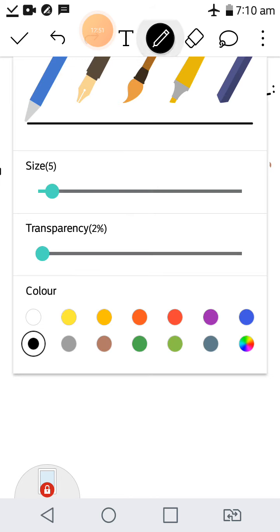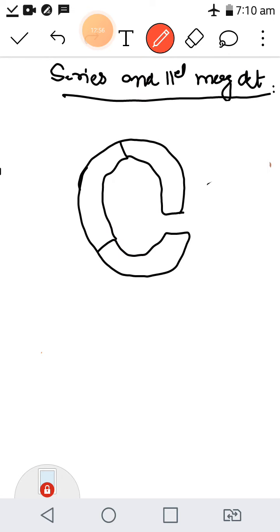So this is again a magnetic circuit, and you can see that it is made up of three materials. Let the first part be made of iron, this is steel, and this is another material. So this is a series magnetic circuit because when the flux is set up, the flux has only one path to follow.